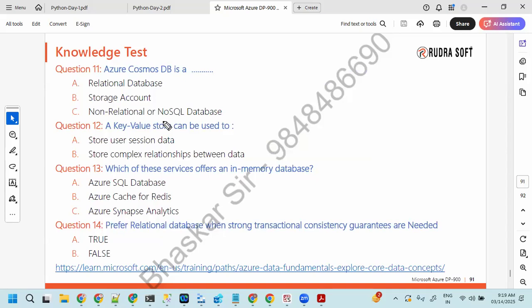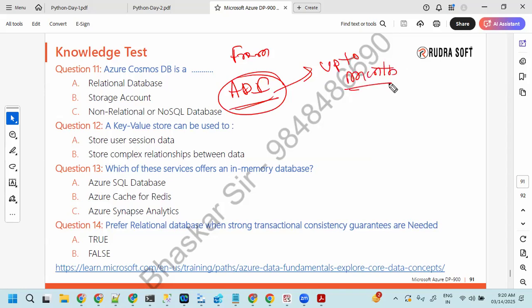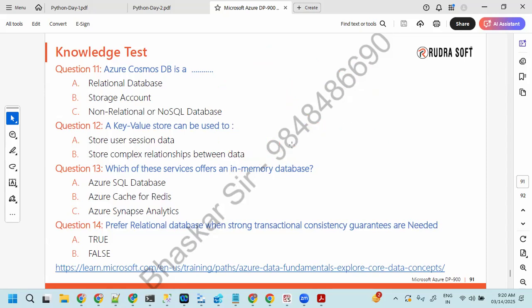Tomorrow we don't have a session, as it is the first Saturday, and from next Monday we are going to talk about Azure Data Factory. This is our major journey. We are going to spend up to one month here with Data Factory. After completing that, we are going to spend time with Databricks, which is also going to be up to one month. In the same way, we have Microsoft Fabric. We have to adjust in all the places, so around three months we are going to be with this entire training.